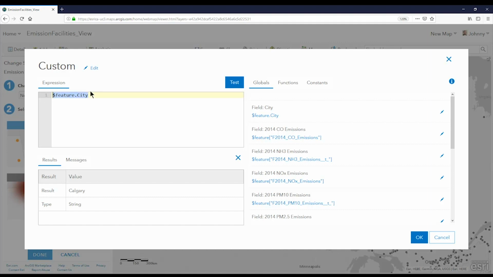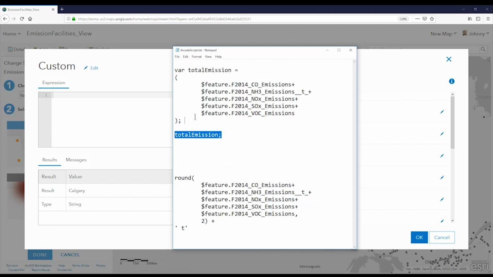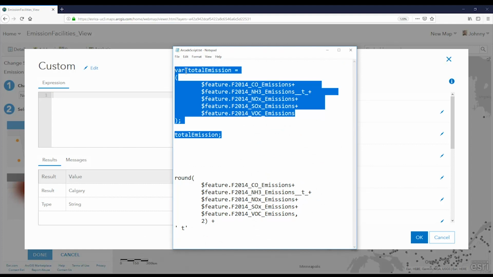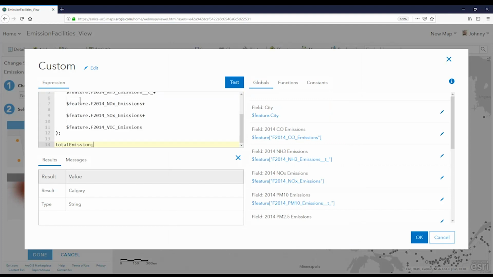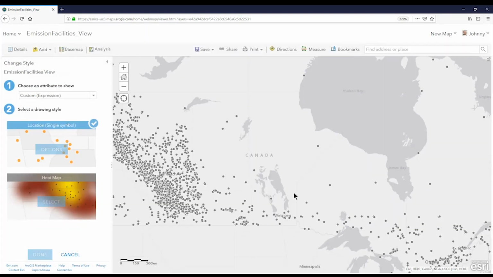But what we'll do instead is actually group all these together through an expression that we have already pre-built. So instead of putting it all through manually, which I did the first time to create the expression here, I'm going to take all of these emission fields together, add them up, and that will give us the total emission here for our symbology. So we can see that we have this. Always good to test it. We're getting back a result, so this looks promising. I'll then apply those results,